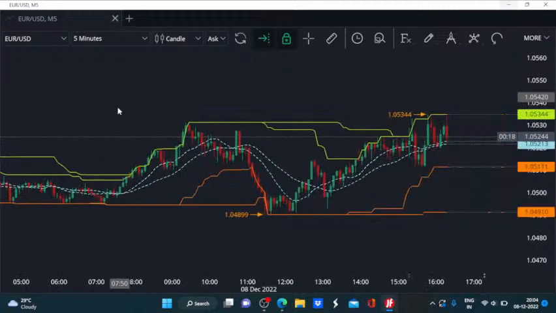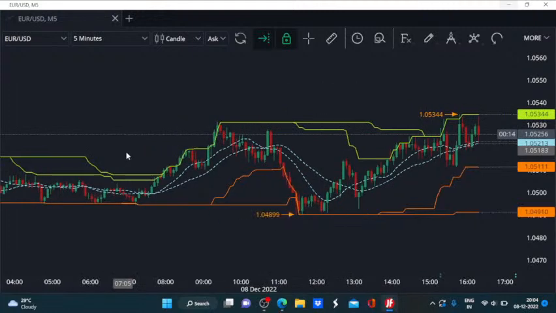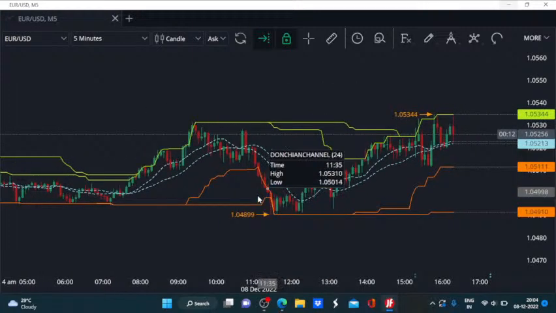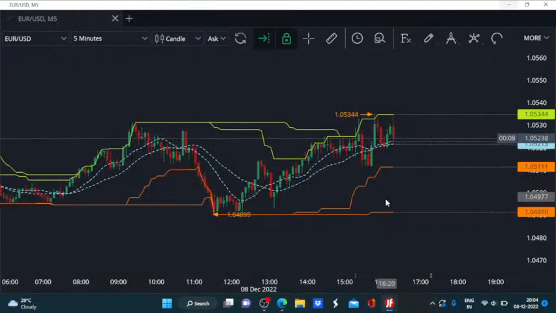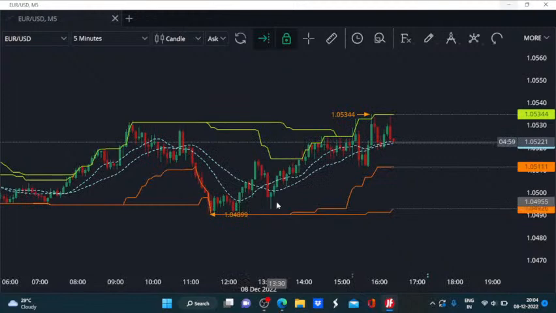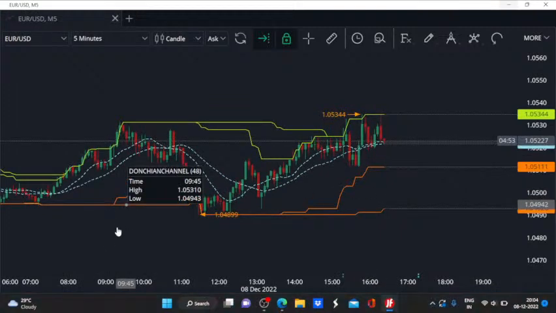Now, looking at the Euro USD's price formation, as I said, we have these range bound moves, but the underlying momentum is still more favorable for the buy trades rather than the sell trade, and that is likely to remain so unless we have any significant break with a sustained price move on the lower side below this immediate swing low. So till that happens, we have reasons to believe in the continuation of this upward momentum in the